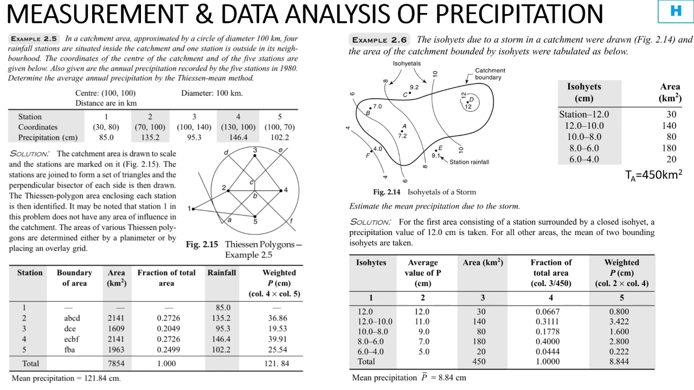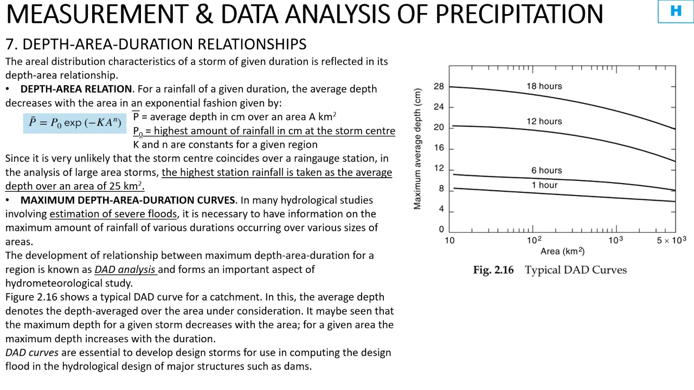Ang usual method used is this Thyssen method. Then the other method is isohyetal method. So for example, dito sa